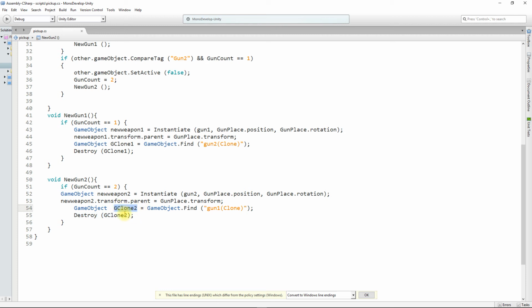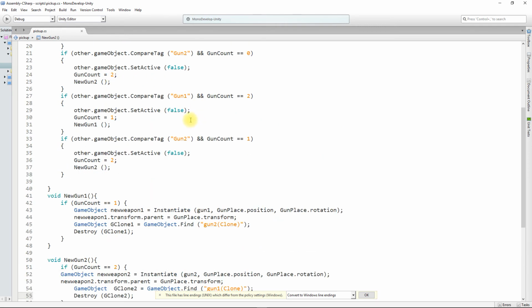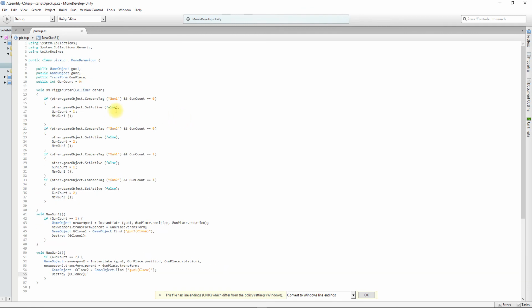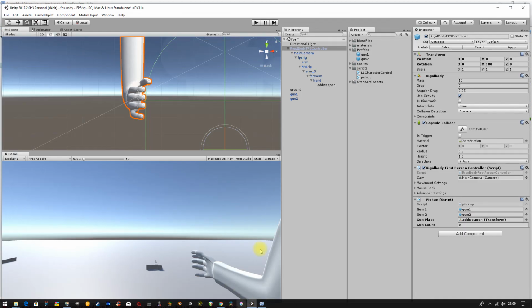So we've loaded in as a variable here. So we're saying find this and call it that. So if it exists, then get rid of it. So these two lines of code added into these two functions basically destroys the other gun if it already exists. Okay, so it's not that complicated, but complicated enough. So we'll save it. It's already saved. So we'll just look at it one more time and